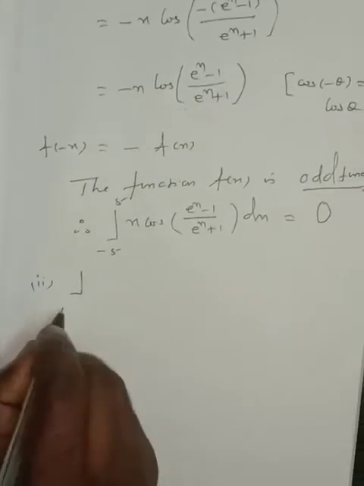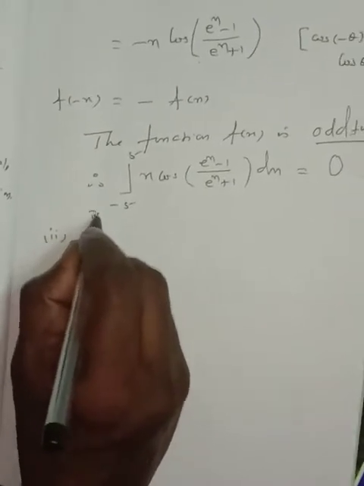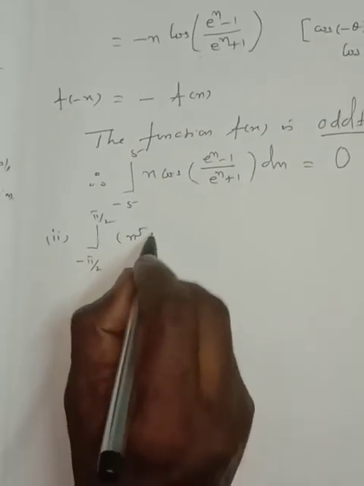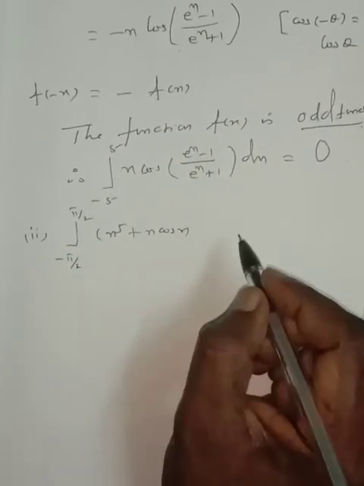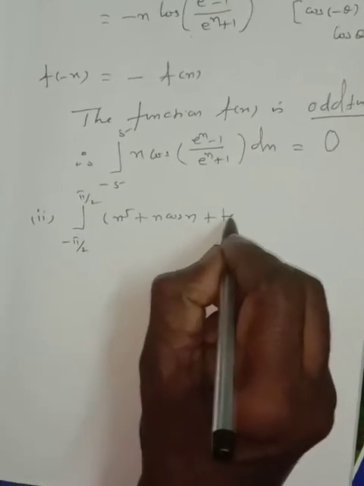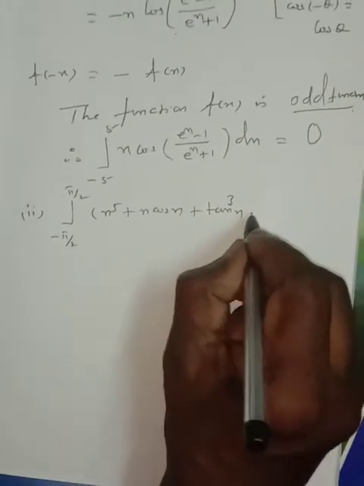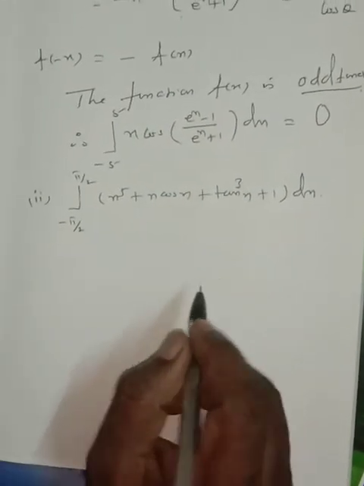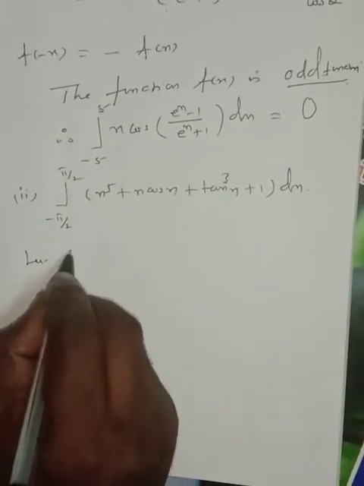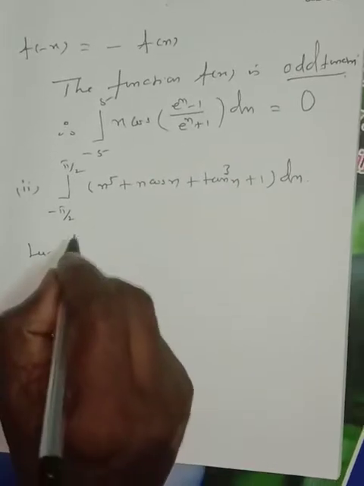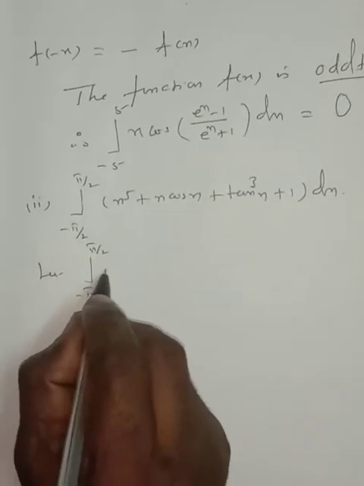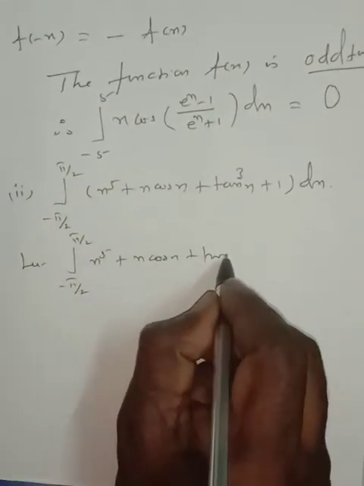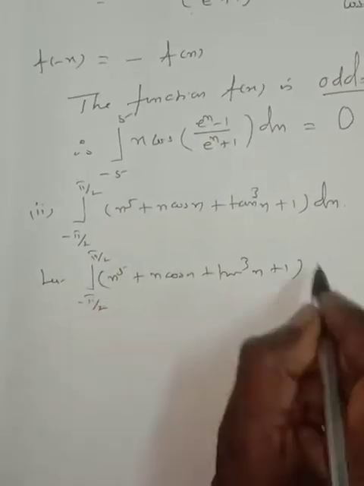Integral from minus pi by 2 to plus pi by 2 of (x^pi + x cos x + tan^3 x + 1) dx. Now let the integral from minus pi by 2 to plus pi by 2 of (x^pi + x cos x + tan^3 x + 1) dx be equal to